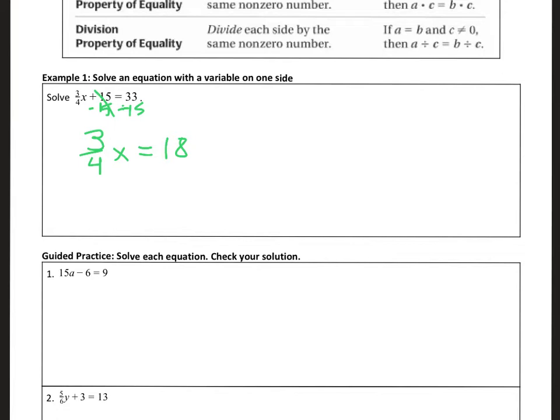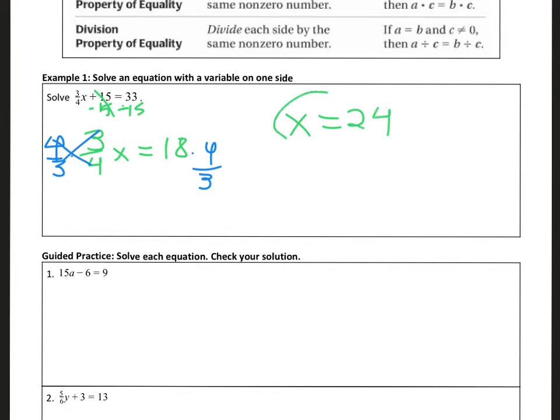So for me, I'm going to undo this by multiplying both sides by 4/3. And that cancels out my 3/4 on the one side. So my solution becomes x equals